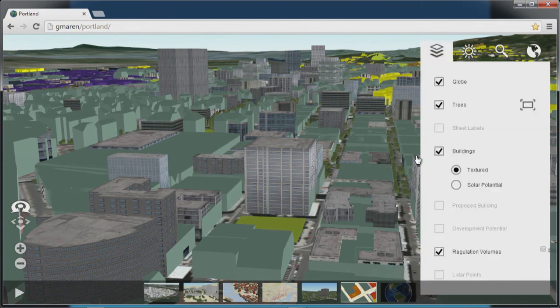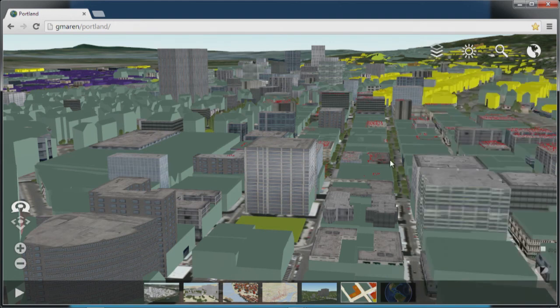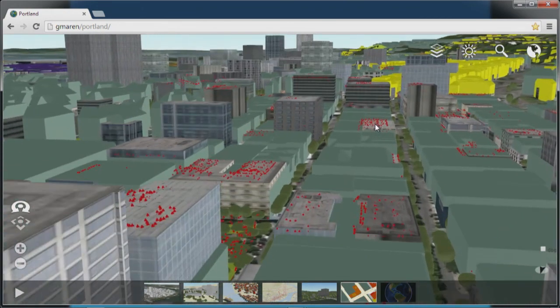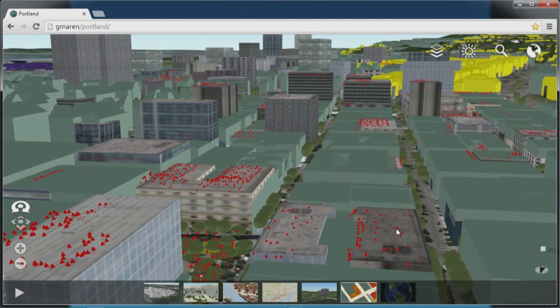Using LiDAR, you can accurately represent the heights of the buildings, what they really represent. So these red zones here are the actual point densities above the building's height, so they represent the true heights of those buildings. And then also another way of looking at it is what is the developmental